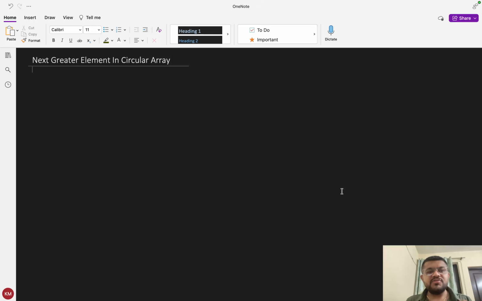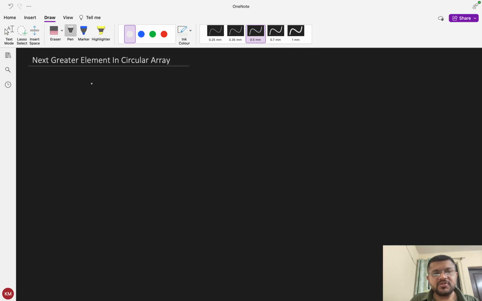आज के वीडियो में हम एक प्रॉब्लम देखने वाले हैं, that is Next Greater Element in a Circular Array. सो सबसे पहले ये नेक्स्ट ग्रेटर एलिमेंट टर्म का मतलब समझते हैं। हालांकि हमने ये नेक्स्ट ग्रेटर एलिमेंट वाला क्वेश्चन स्टैक में कर लिया है पहले, but this is a little bit different. This is considering the array to be circular. सो पहले वापस रिकॉल कर लेते हैं नेक्स्ट ग्रेटर एलिमेंट का मतलब क्या है।